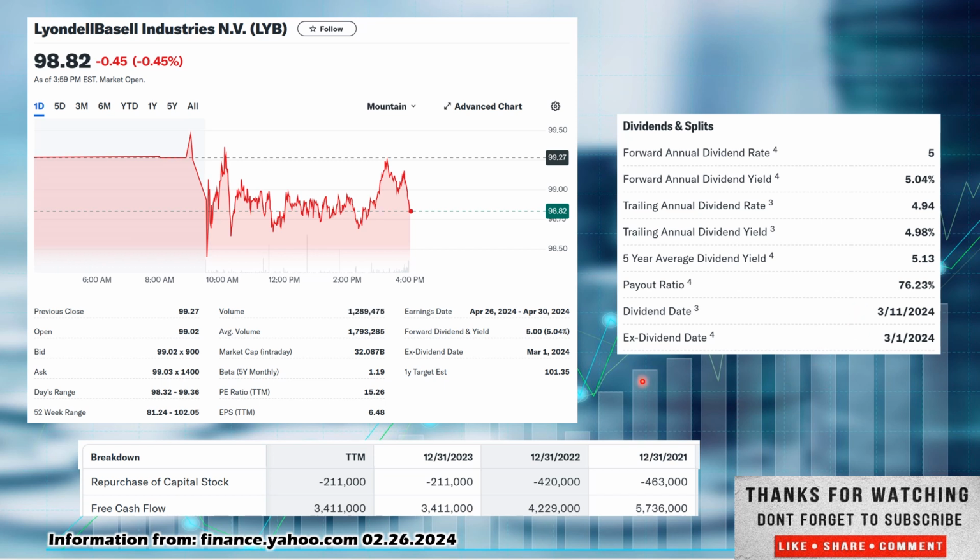Now, we are going to get into the financials a little bit and take a look at free cash flow. Now, there is a lot of good information under the financials tab. If you go in there, you're going to be able to take a look at their balance sheet, their income statement, take a look at their margins. Is their revenue growing over time? Are they paying down their debt? A lot of good information, and you want to be looking at that and understand that if you are investing